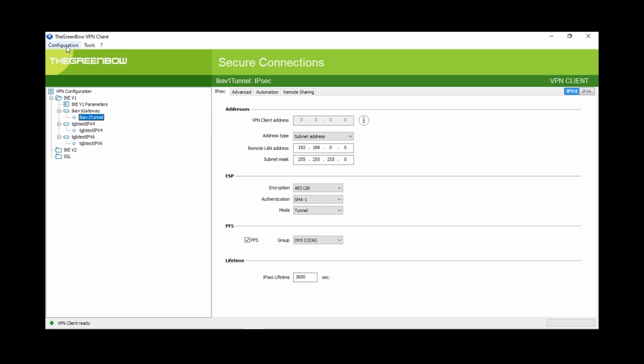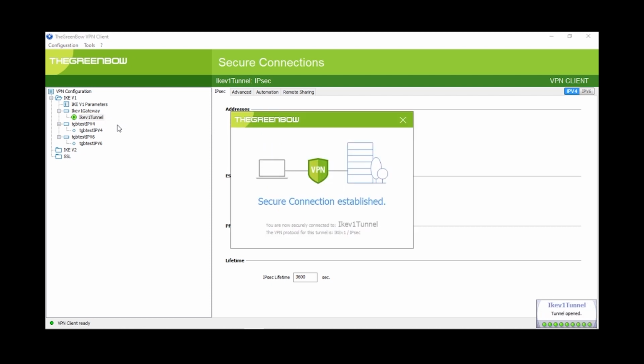Now that we've finished with the GreenBow VPN client configuration, we can open the tunnel. We'll right-click on IKE v1 Tunnel and select Open Tunnel. When you see the seal, you know it's real. We now have our VPN connected. And that's how to set up a VPN connection with the GreenBow VPN client and the